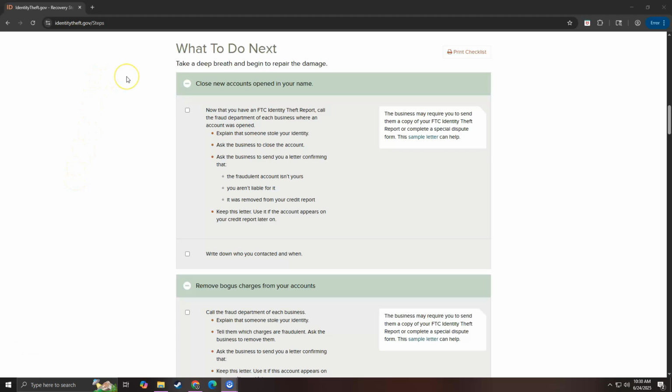Okay, so now that you have reported the identity theft to your local police department, you want to go back to IdentityTheft.gov and open your recovery plan and go through and close new accounts that were opened in your name. And you do that by contacting each of the businesses where the account was opened, and you explain to them that someone stole your identity. You ask the business to close the account,